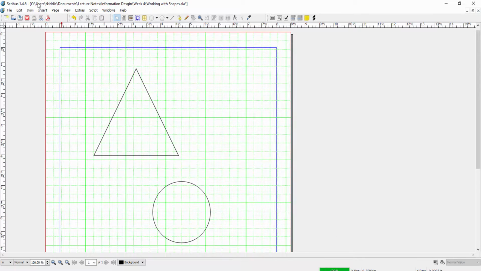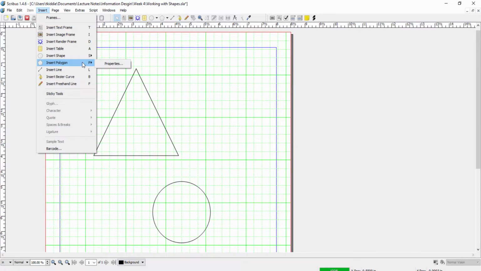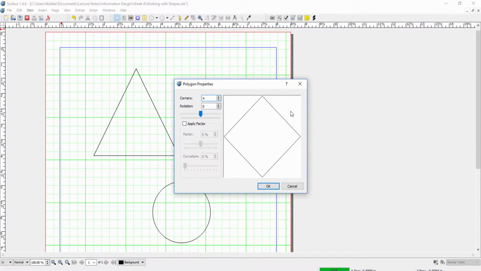Next, let's look at the insert polygon. A polygon is just basically a multi-sided shape. It's restricted, unlike shape, which could be any combination of lines. This polygon has specific characteristics that maintain equal line size as well as angle. So when we click on properties, you see the default is 4 corners, which is basically a square, and then the number of corners